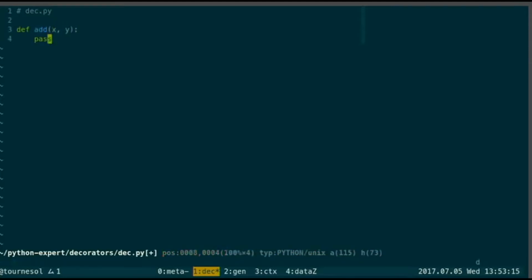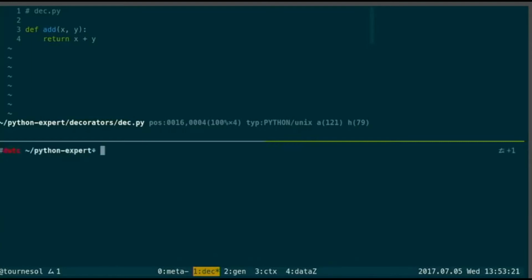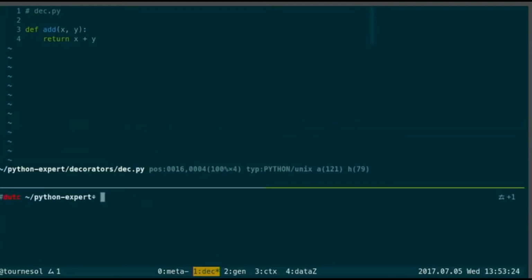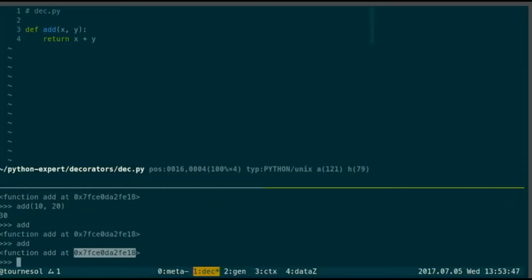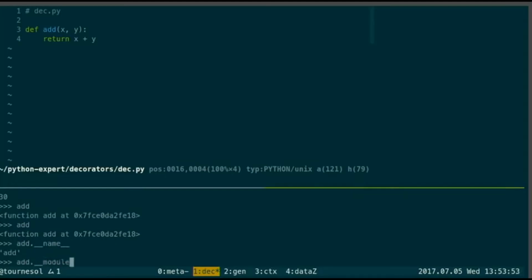Here's a function called add that adds 2 values. Okay? Let me create a little separation down here, and let me run that. And here I have my function add, and I can add 2 values. Now notice, the first thing I did in my terminal is I looked at the function itself, and I got a return value. You can see that the Python interpreter can actually tell me where physically in memory this function exists. And in fact, this add function is an object, and I can ask it all sorts of things, like what's your name? What's your module where you were defined? I can ask it,